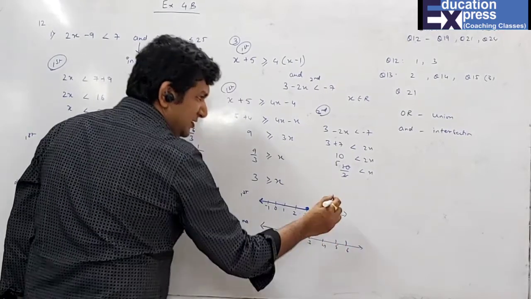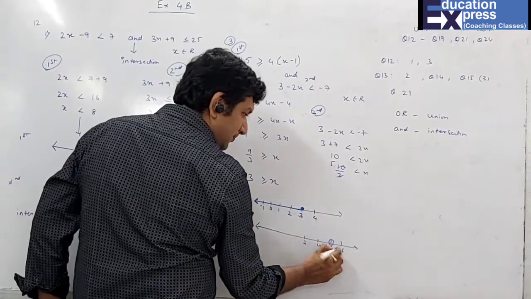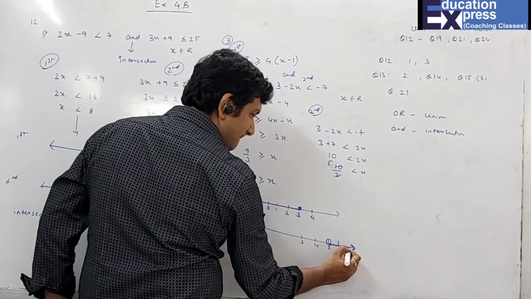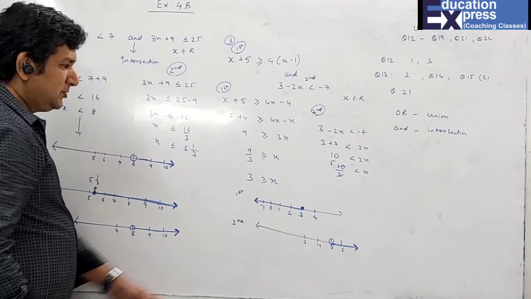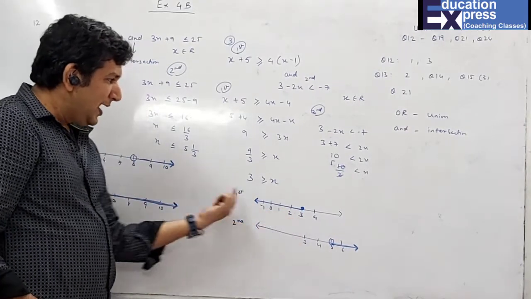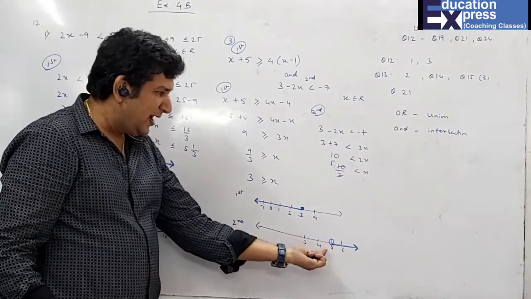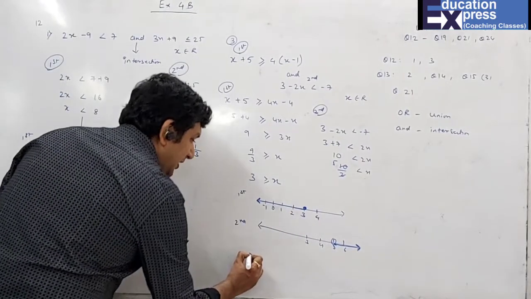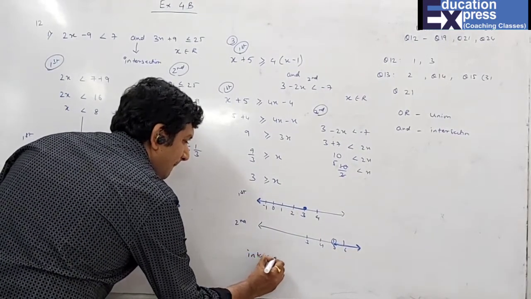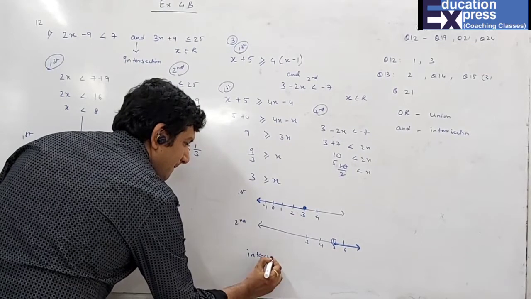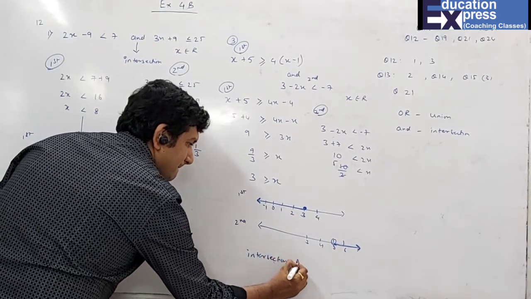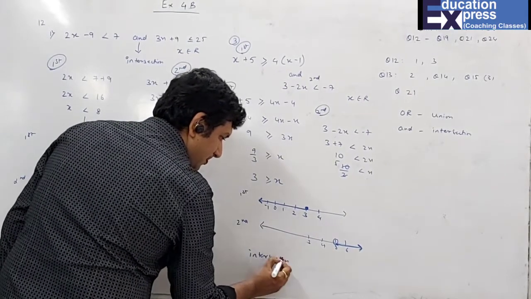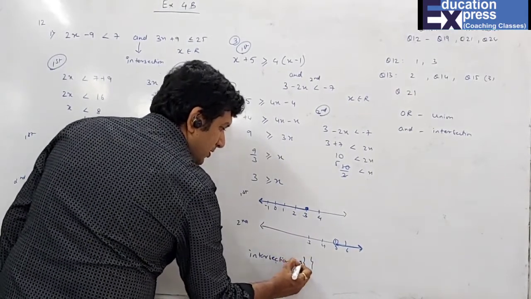Students, I have given this example earlier also to you all. They asked me intersection, and you can see that here it starts on 3 and goes less than 3, and here is 5 and more than 5. That means there is nothing common over here. So the intersection over here will be an empty set.